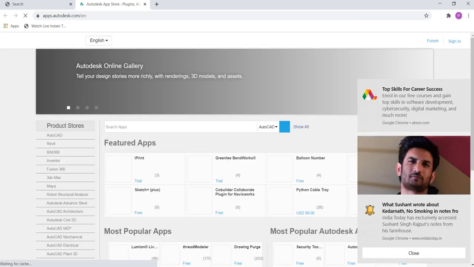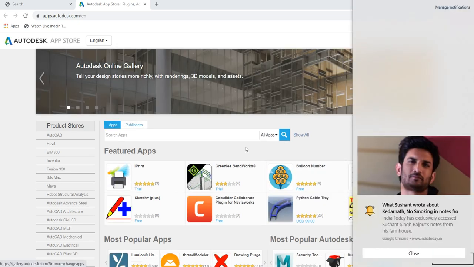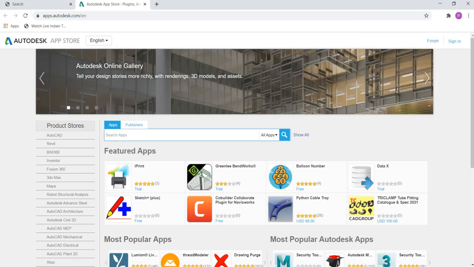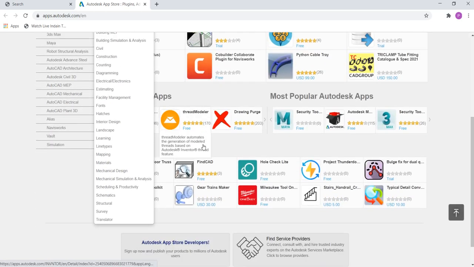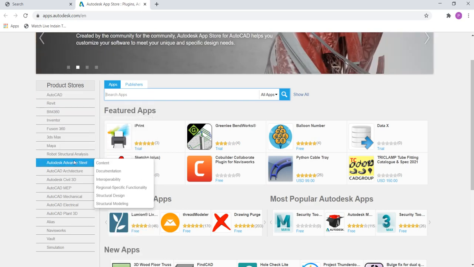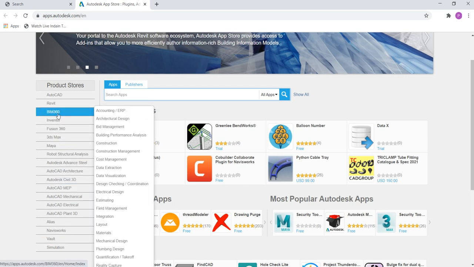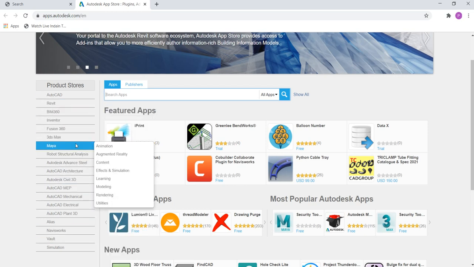Now what you need to do, I'm going to tell you the main software. See, this is the main website for Autodesk. Here you can see a lot of software. These softwares are mainly used by all the people who are doing civil engineering, architectural engineering, as well as mechanical engineering. A lot of engineering fields, it will help them.